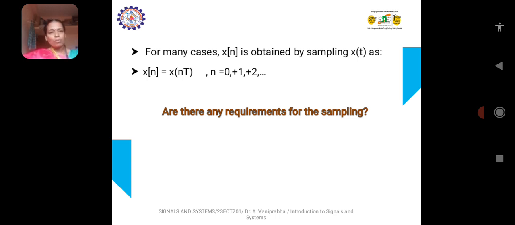That is, the sampling frequency must be 2 times greater than the maximum frequency. That is the Nyquist criteria. He stated the threshold that the sampling frequency must be greater than or equal to twice the maximum frequency of the signal which is under consideration. Right. He has fixed the threshold level of the sampling as Fs, and it must be greater than or equal to twice the maximum frequency of the signal which has been considered for sampling purposes.